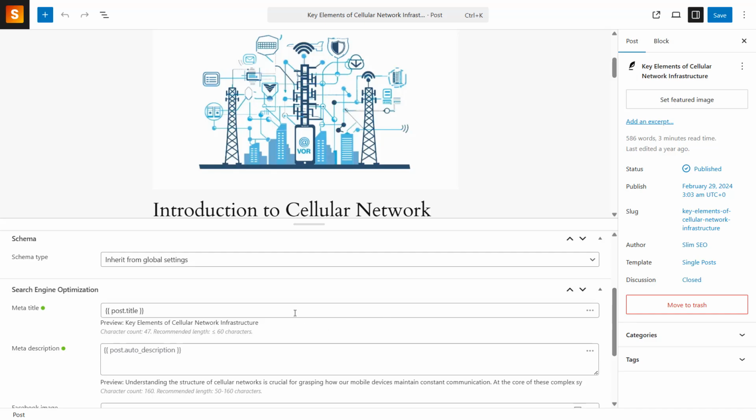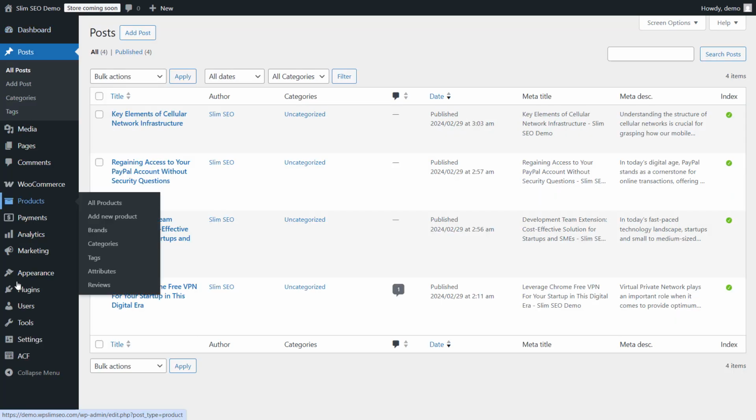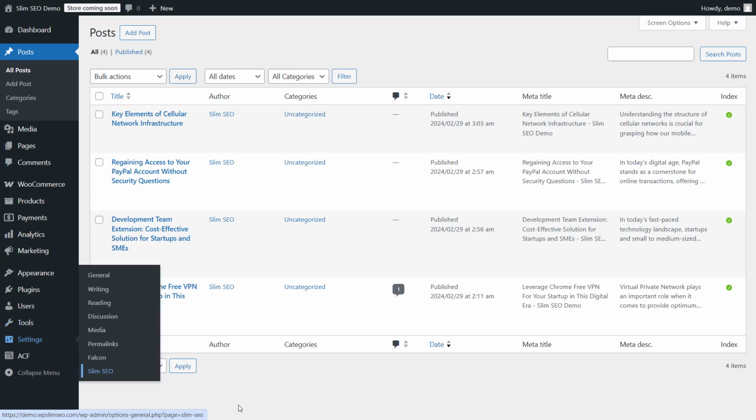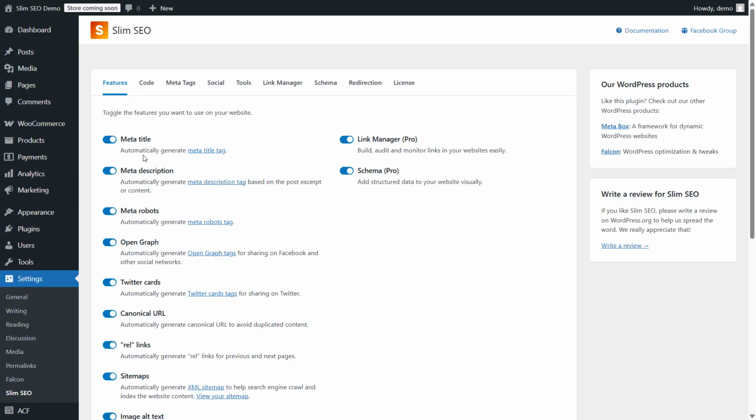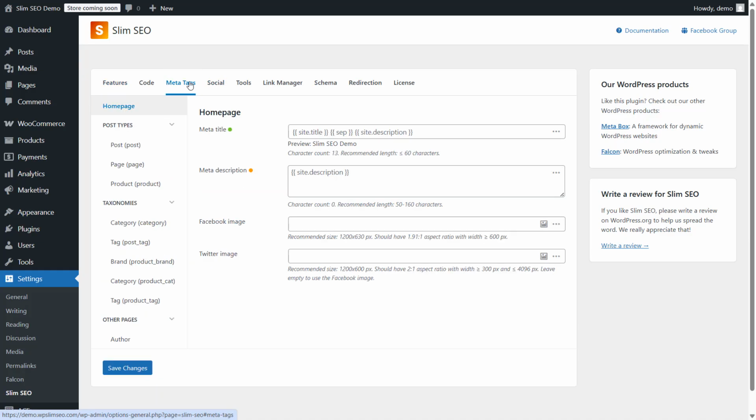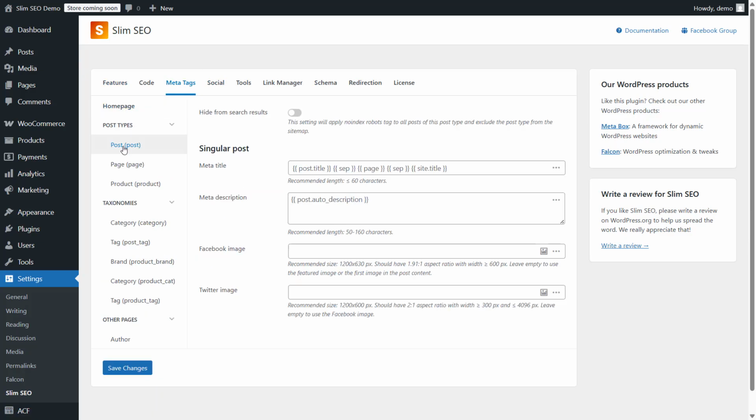You don't have to come here every time to change it, and you can do that by going to Slim SEO settings. Let me go back and show you. Here is settings and then Slim SEO. After that, here you can see meta tags, and here is the post type. Now here, as I mentioned, I can delete these things, and the next time whenever I post a new post, it will have just the title of the post as the meta title. Same can be done here for the meta description as you want, but I'll keep it as post auto description,